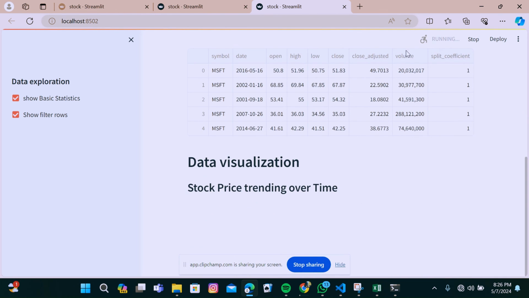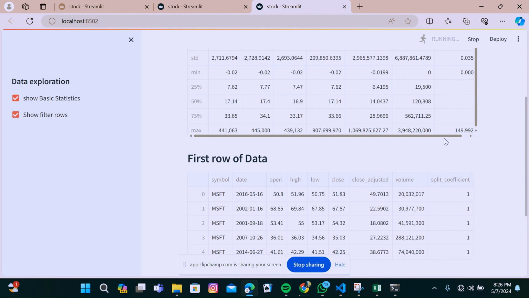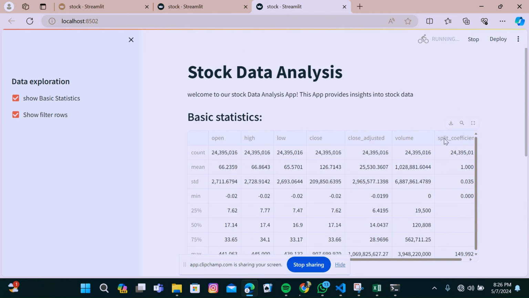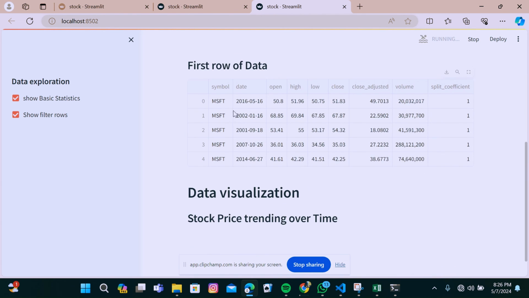We're waiting, but we already display our filtered rows and the basic statistics. As you can see, already filtered, and here